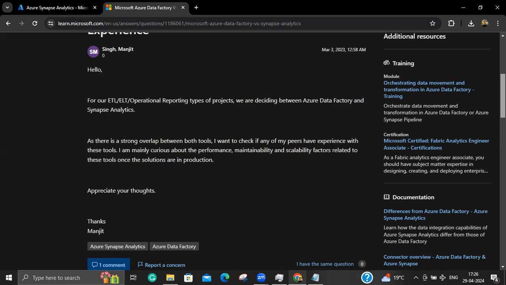Why is Data Factory being used widely? Because it is an old tool. Synapse Analytics is a new tool compared to Data Factory, right? So Data Factory is widely accepted, and people generally go for Data Factory plus Databricks, because suppose you